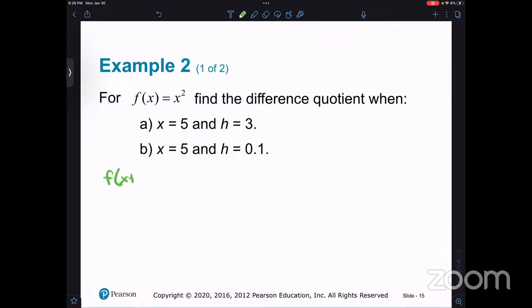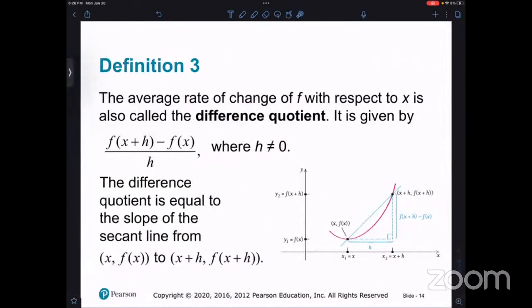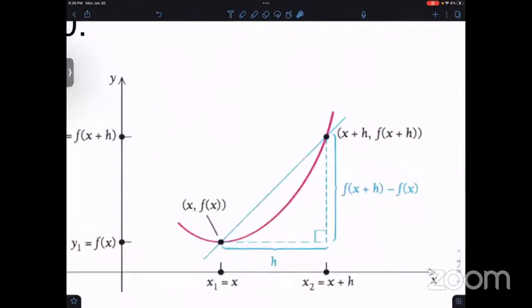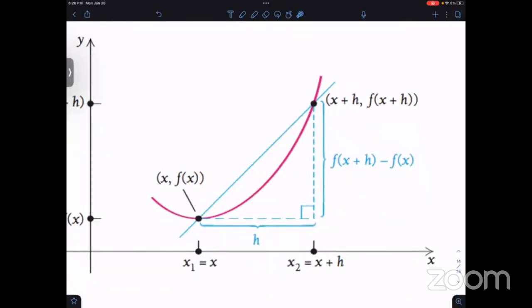I just want to bring this to your attention. If we look at this guy here, we had our x, we had our f of x. We had our x2 with the corresponding y, right? So if we want the slope, we would say y2 minus y1 over x2 minus x1, right? When we do x2 minus x1, our x's cancel and we're just left with h, right? So again, the difference quotient is really just another way of articulating slope. Okay.